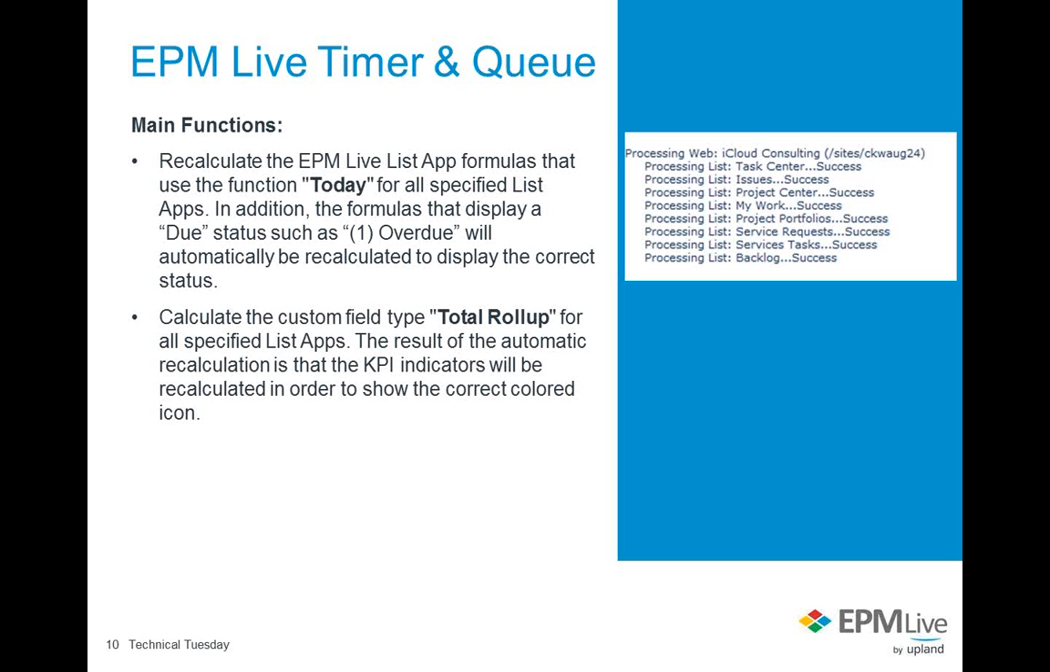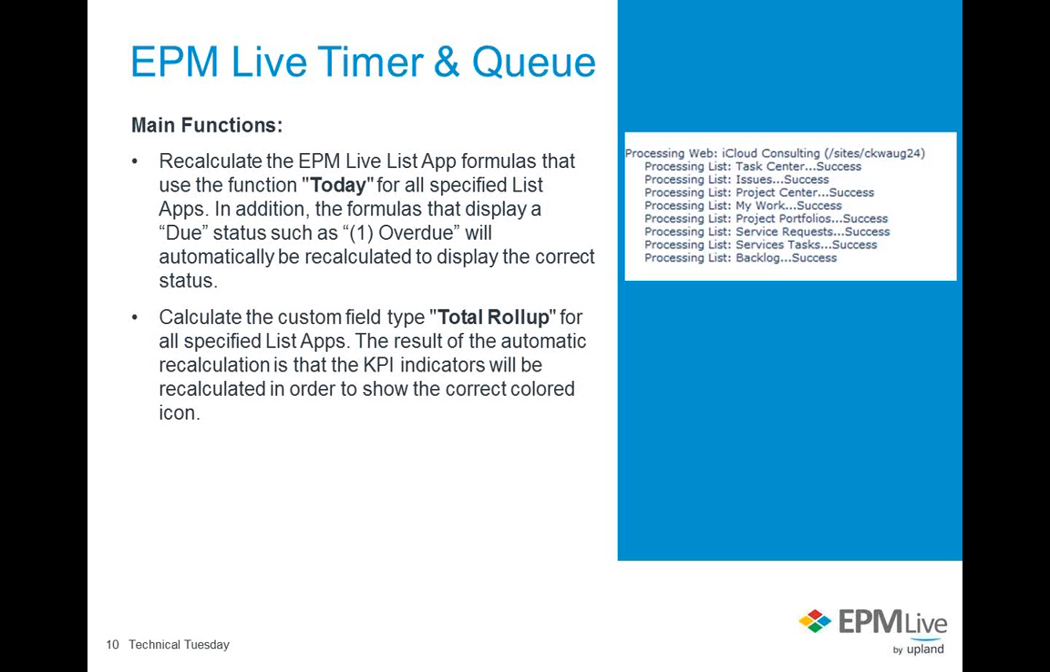The first one is that it updates all items based on the today function. For example, if an item is due on Wednesday and you log in on Tuesday, you'll see that it's due tomorrow. However, if you logged in on Friday, you would see that the item is now overdue because it's 2 days past due. So it's that timer that updates all the items based on the today function,